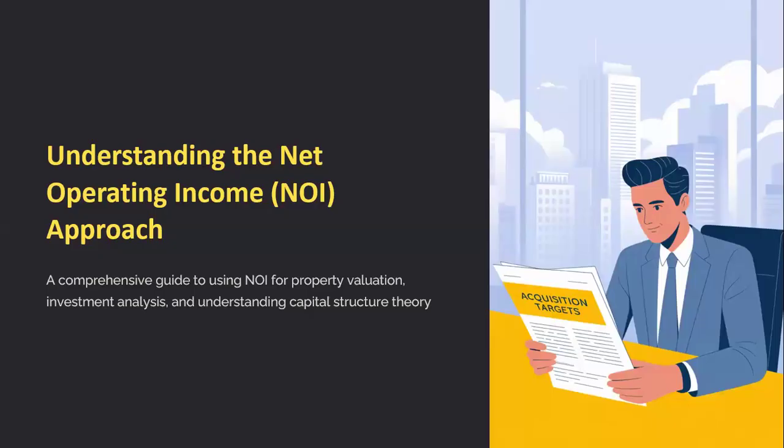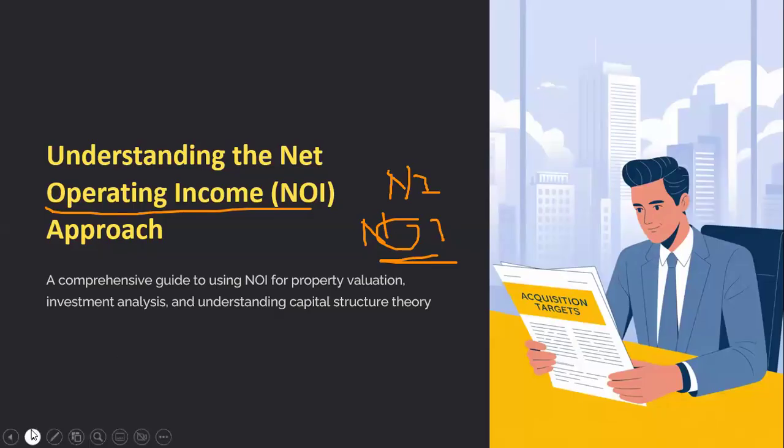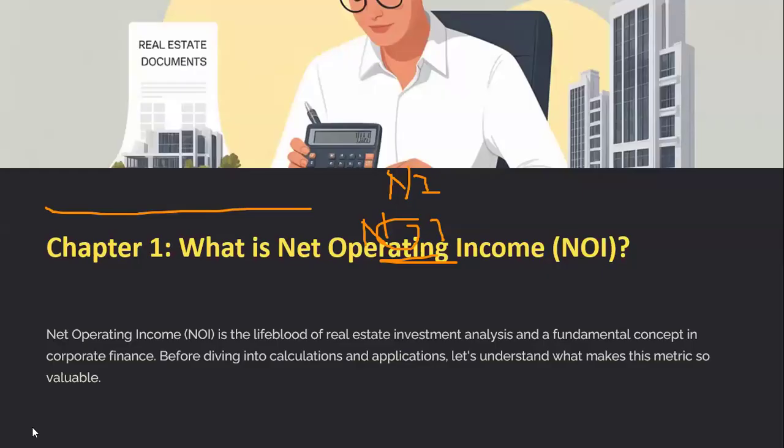The second theory of capital structure is net operating income. The first was net income, and this theory talks about net operating income. So please remember, operating income is a different part. The first one was net income, and the second theory we're talking about is NOI. So this O has a larger meaning. This theory gives an idea of investment analysis and a fundamental concept.